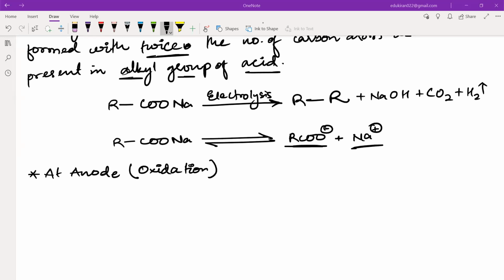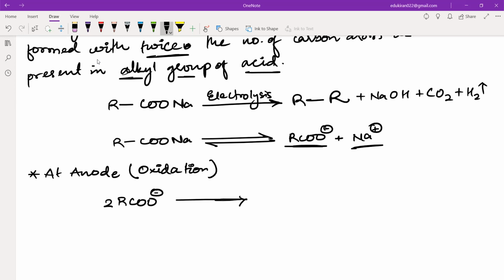A negatively charged thing or a positively charged thing, which will give you electrons more easily? COO negative, yeah, correct. COO negative is going to give you electron more easily. So we'll have R COO negative. Okay. And it is going to give you,